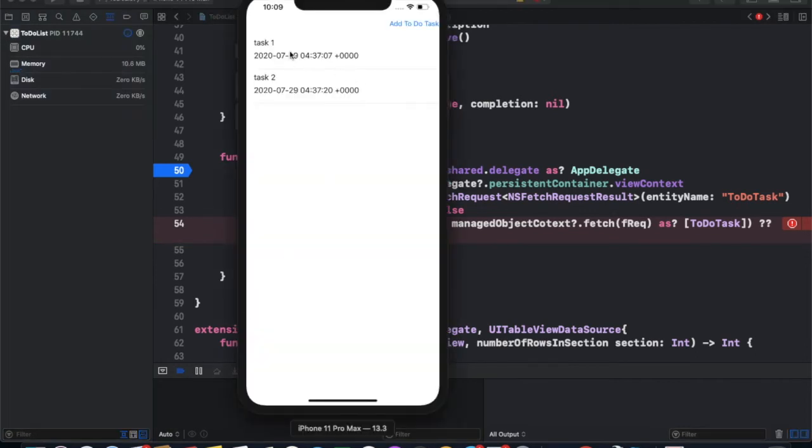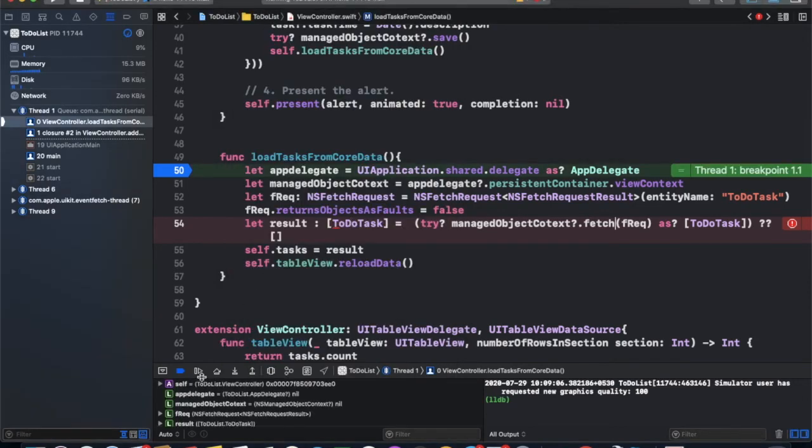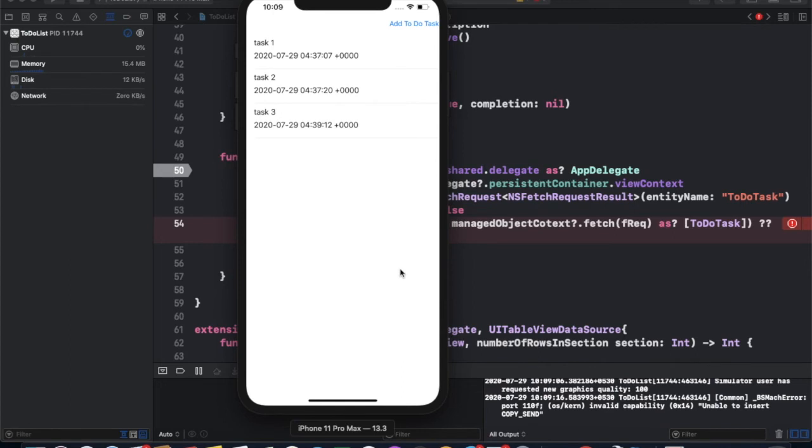Let's see, task 1, task 2. Now we can add task 3. Okay, you can see this, our app is working really fine.